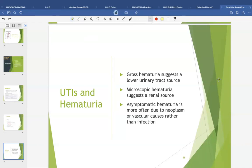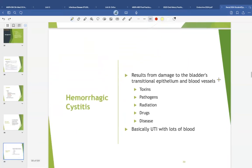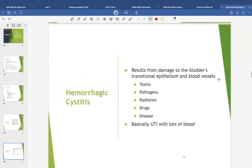Hemorrhagic cystitis specifically is some damage to the bladder's superficial blood vessels, could be from toxins, radiation, certain drugs and disease. Basically, it's the same thing as a UTI, but there's a lot of blood. So you want to make sure that it's not hemorrhaging to the point where it's